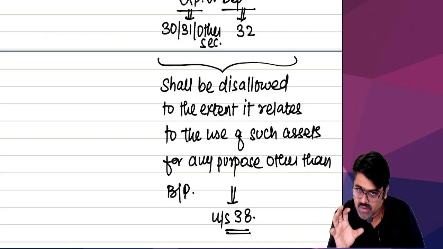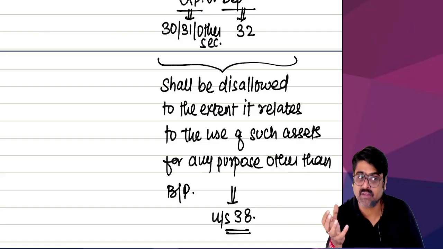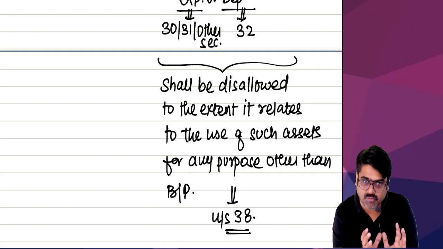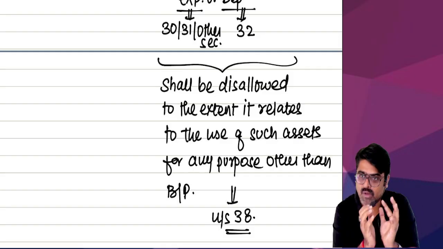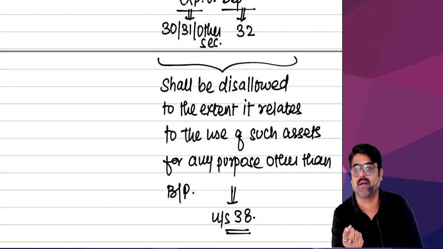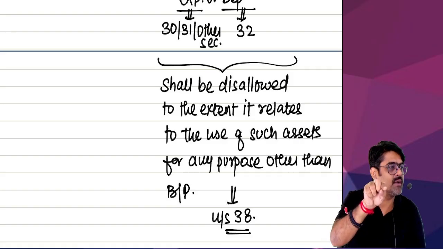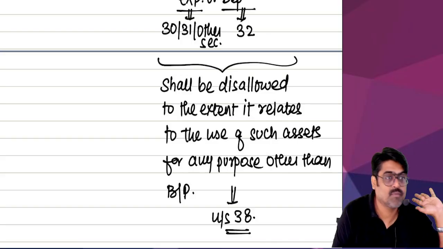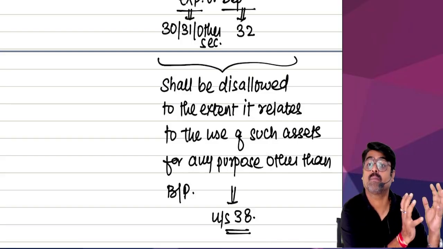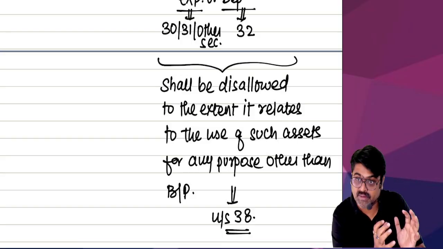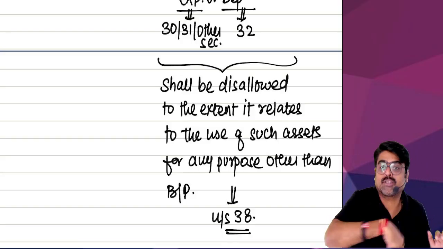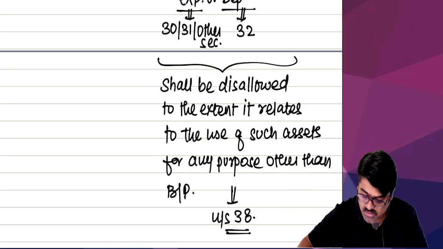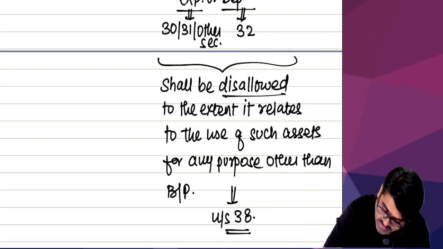So you have to now calculate the proportionate amount of expense, the proportionate amount of depreciation which is related to the use of that asset for any purpose other than business or profession. That proportionate amount shall be,